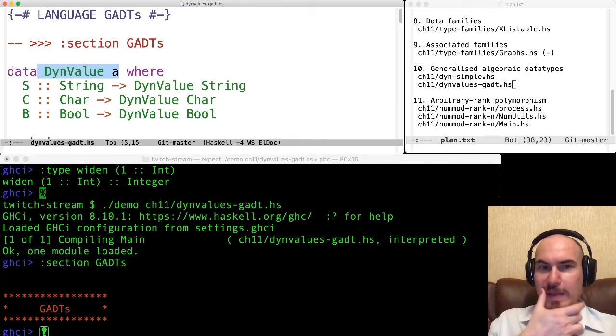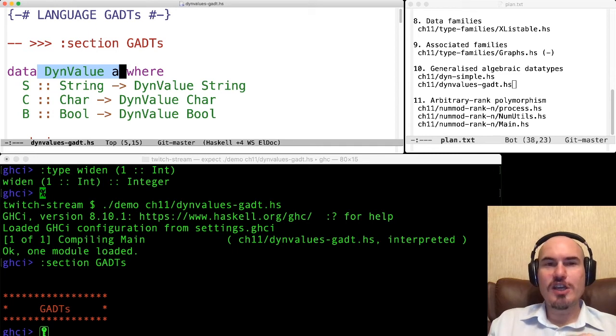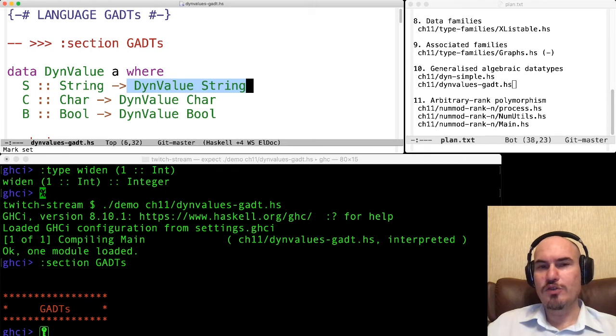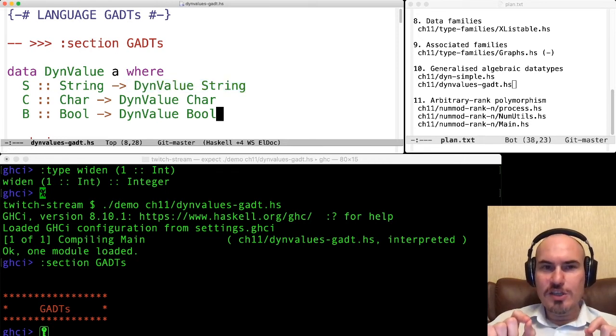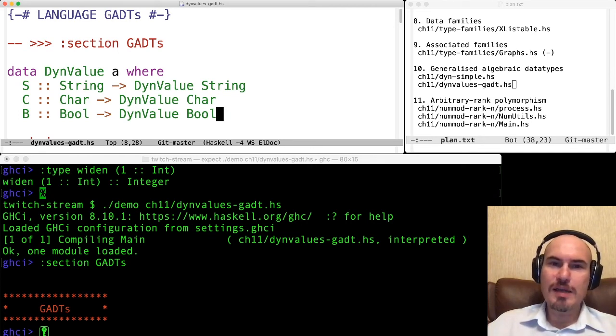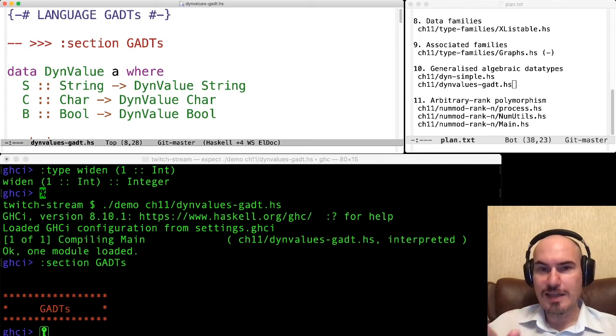But in Maybe a, we have just a Just constructor and a Nothing constructor of type Maybe a. And GADTs, generalized algebraic data types, give us an ability to say DynValue String, DynValue Char, DynValue Bool. So this is GADT, an ability to replace type a with some specific type. And that's it. There is nothing more here.